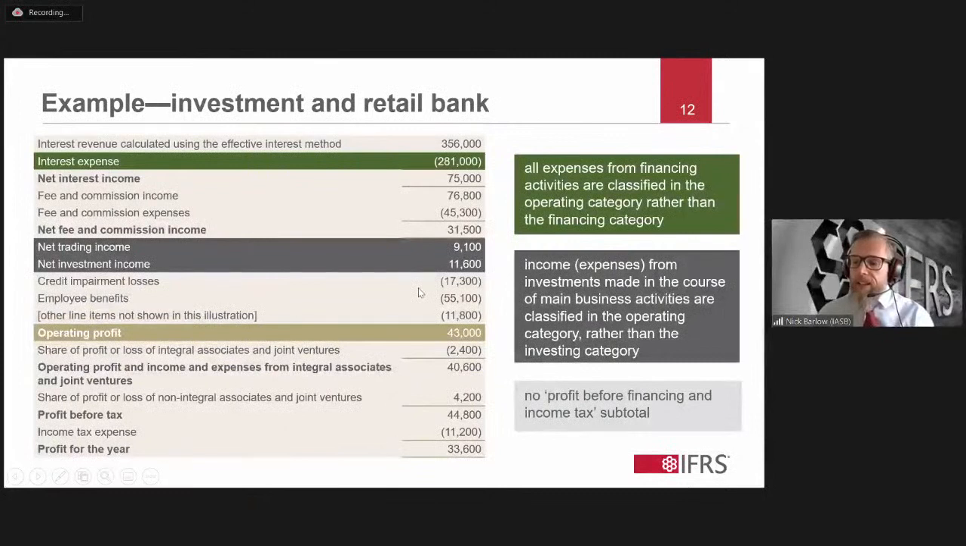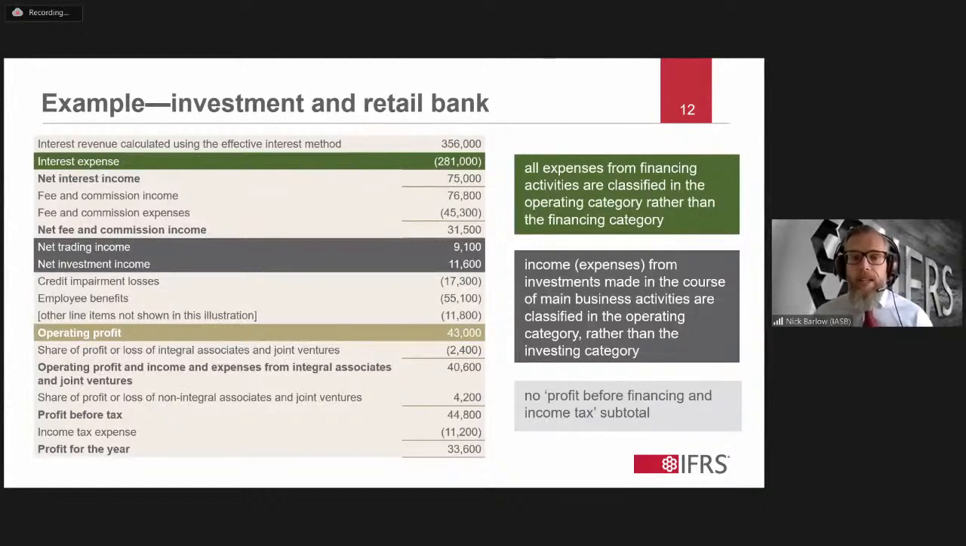Similarly, the investing for those entities that have investing as a main business activity, when they invest in the course of their main business activities, that income on those assets that are generating returns independently could be moved into the operating profit section. And so this slide here demonstrates an example of an investment in retail bank, which does both of these activities. And as we can see in the green, the interest expense has moved out of the financing category, so we can have a net